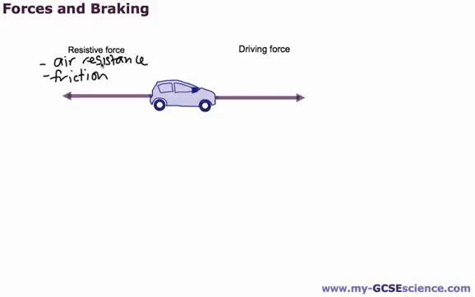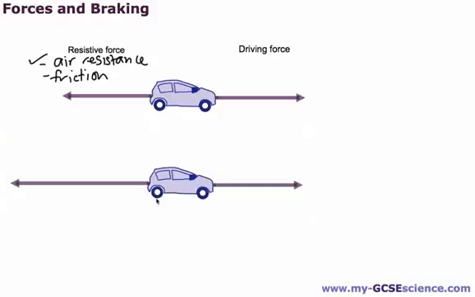Some people will argue that air resistance is actually friction of the air against the car. That's fine, but I'm just dividing it up into these two for this video. Now the biggest one out of these two is usually the air resistance, and what we have as a result of these two forces being equal is the car is going at steady speed. Now what we can do is increase the resistive force in order to slow the car down, and for the purpose of what we're talking about today, we're going to just talk about how that's done by using